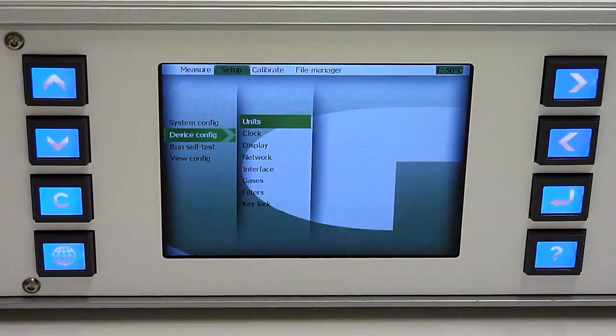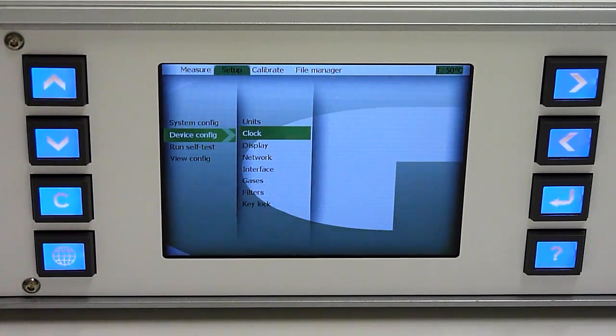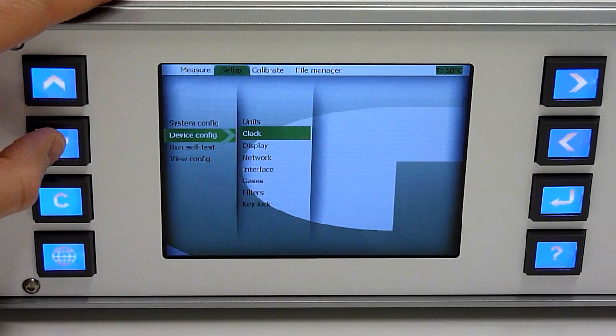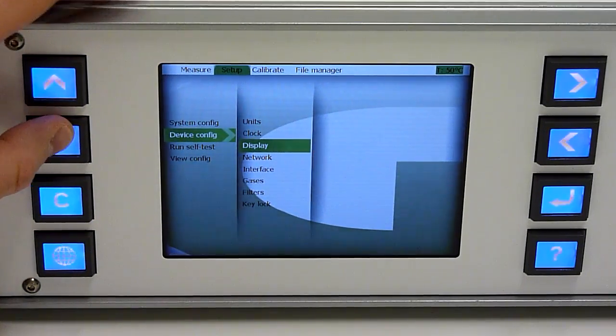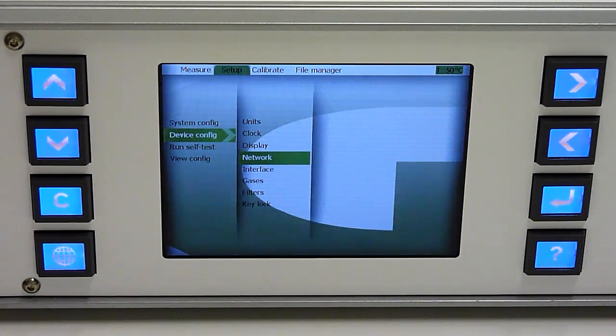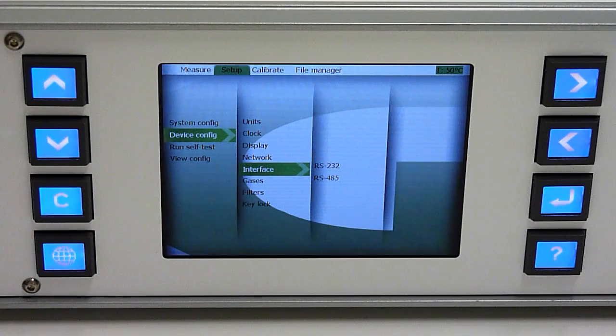If we go deeper into the device configuration, you can define the units that you are using in the measurement. There is an internal clock, so you have the ability to change the time and date stamp. You can activate the screensaver, set the network parameters for the Ethernet, set parameters for the serial bus,